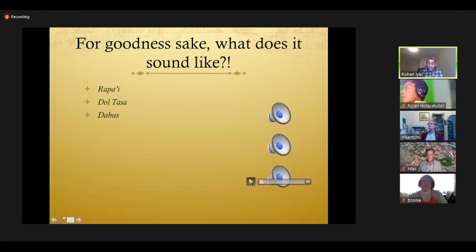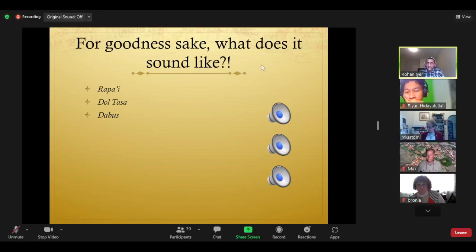Now, in this recording of Dabus music, it has a very different rhythmic vibe to it. The rhythm is much more linear. This makes sense because within the context of Dabus, this sort of music is for trance rather than for showcasing virtuosity.